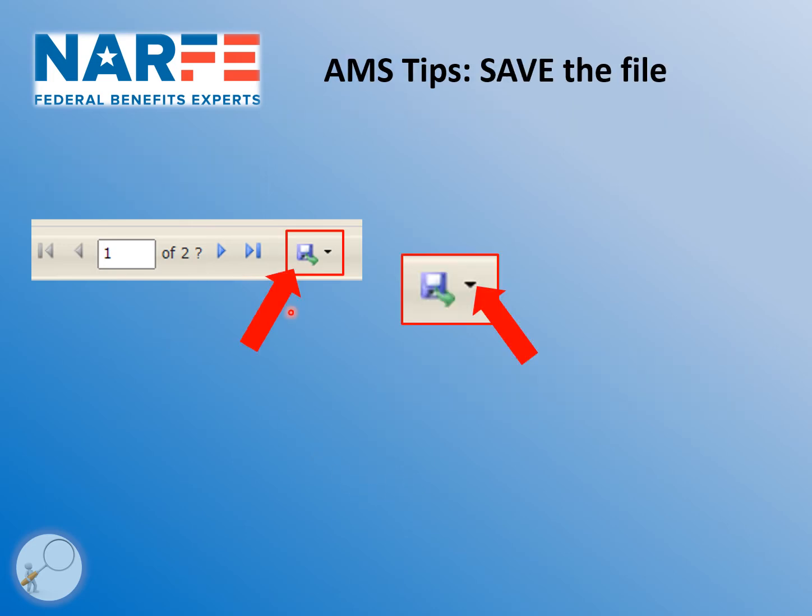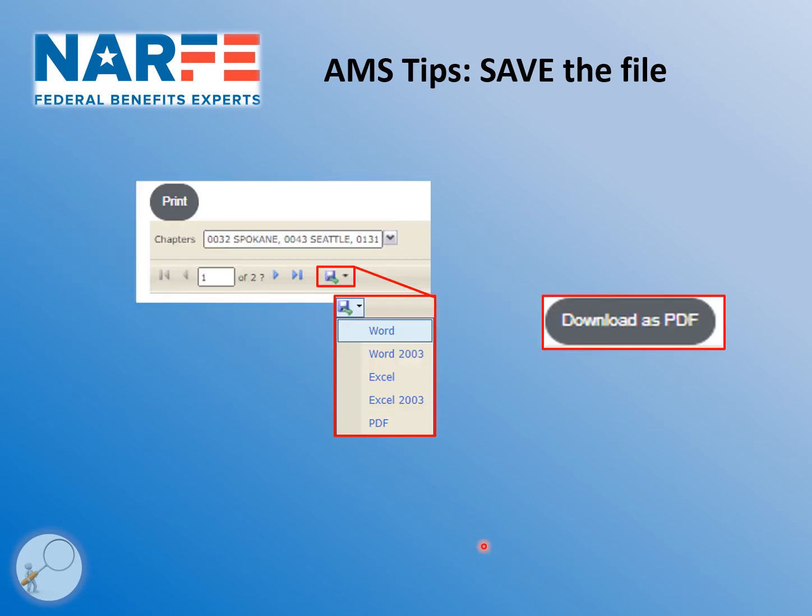While we're on this, you'll notice that there was another icon on this bar. This is what most of us know as a 3.5-inch floppy disk. I'm sure there are a lot of people younger than us who have no idea what this is. But this also has a little caret next to it. And when you select that caret, you're going to get a drop-down menu where once again you make a selection of the kind of